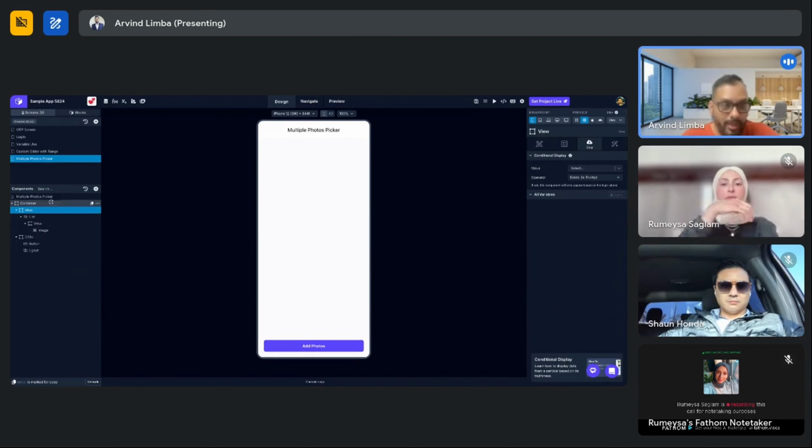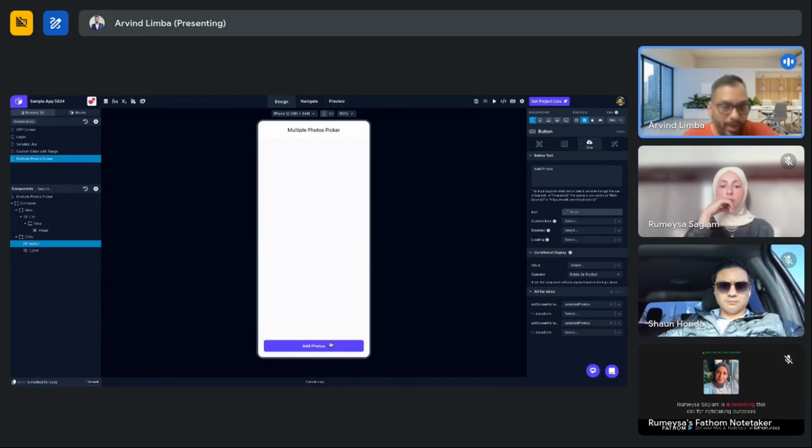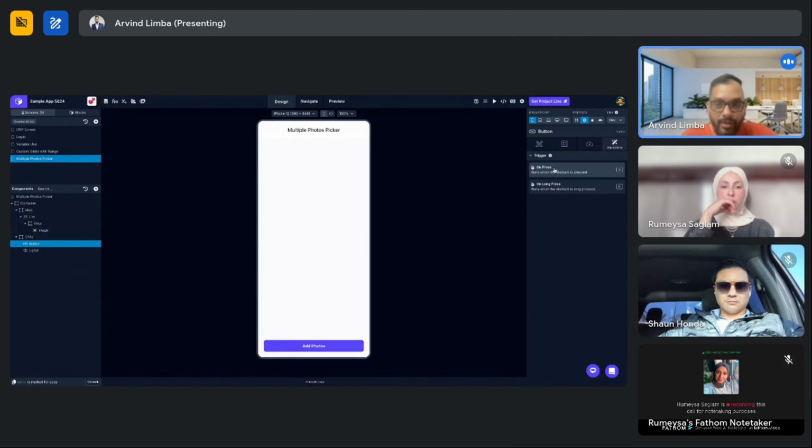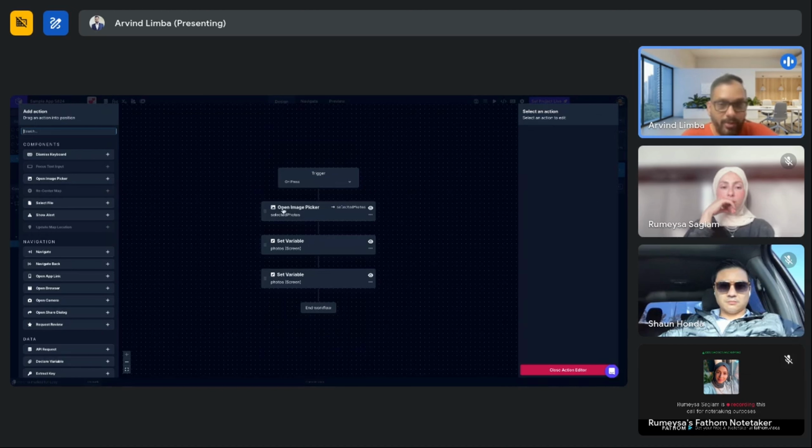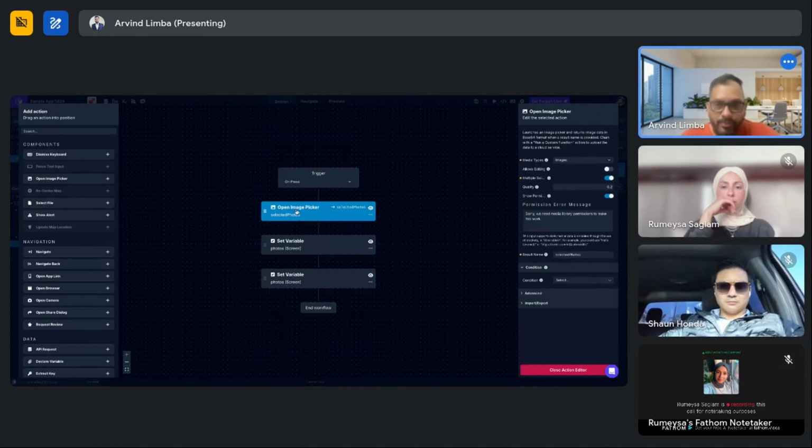All right, so I've tried using this demo for explaining the use of multiple photo pickup. The component is the same. I have added this button, which is to add photos. And when we click on this button, we have the same action, which is open image picker. In that, if you see, we have this property now, which is multiple selection. By default, it's disabled, so we have to enable it in order to select multiple photos. What we need to be careful about is that when it's not enabled, it will return a single object. It will allow you to select just one photo and it will return a response, which is a single image,